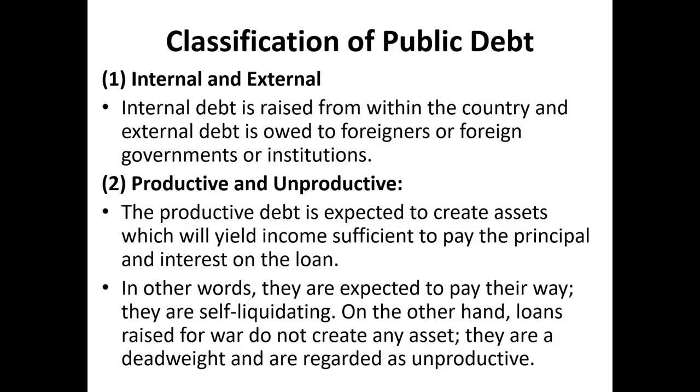The second classification is productive and unproductive debt. So, what is productive debt? Productive debt is expected to create assets which will yield income sufficient to pay the principal and interest on the loan. Suppose you take a loan from within the country or from outside the country, and the government takes that loan and spends it